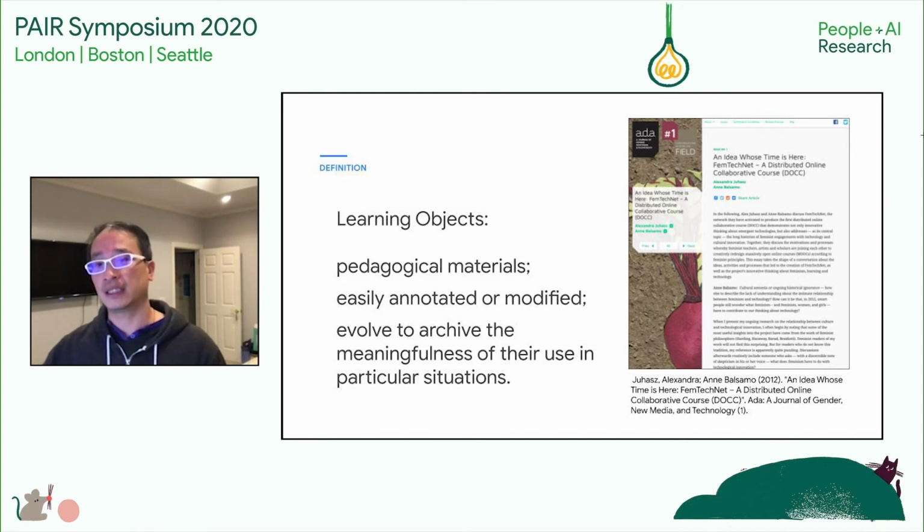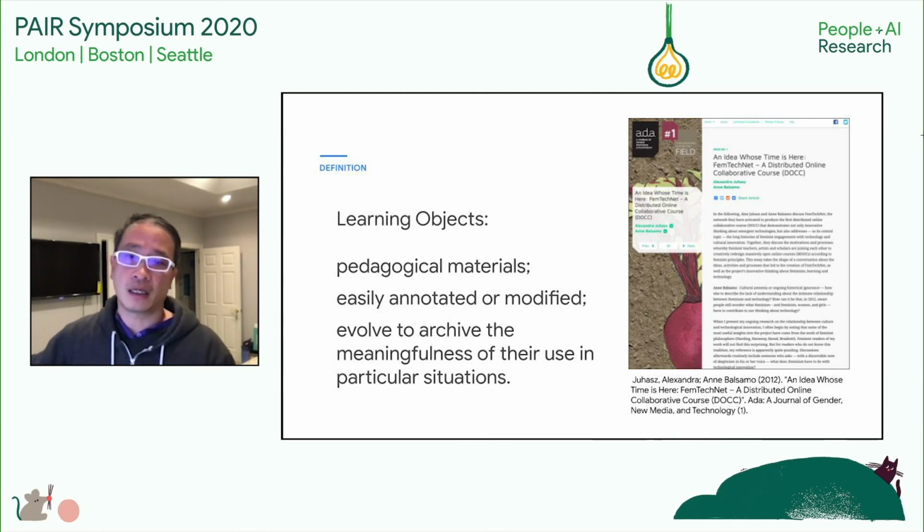So in the context of a classroom, they will have a particular meaningfulness, but when you take them home and use them as part of your homework, they take on a different situation and a different meaningfulness. So I think of loss functions and neural architecture diagrams in particular as having some of these very similar capabilities. They do serve as pedagogical material for engineers to communicate with each other and with business owners and product managers. And they are indeed easily annotated and modified, and they do evolve over time. And so from that perspective, it fits these definitions.